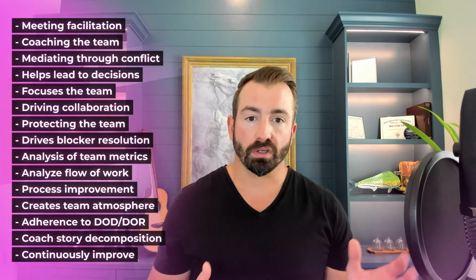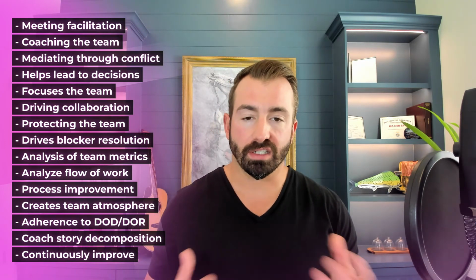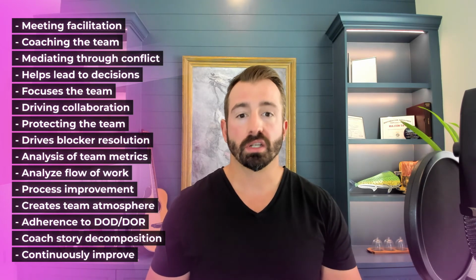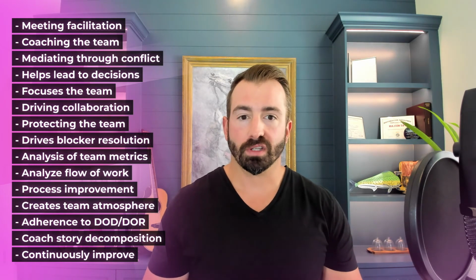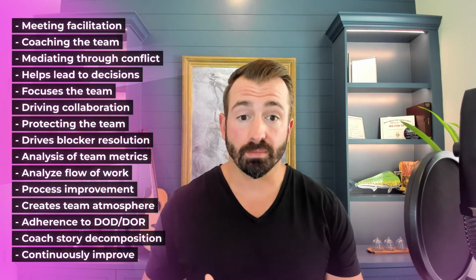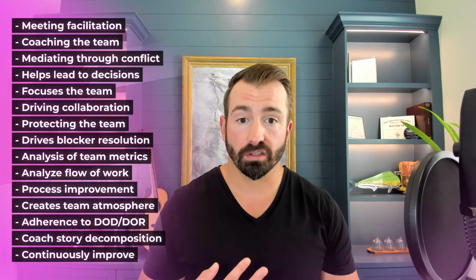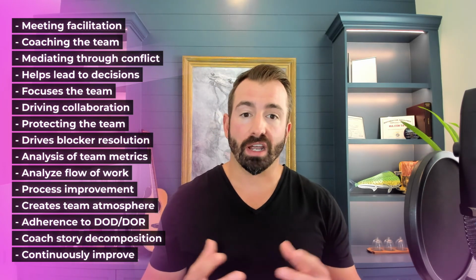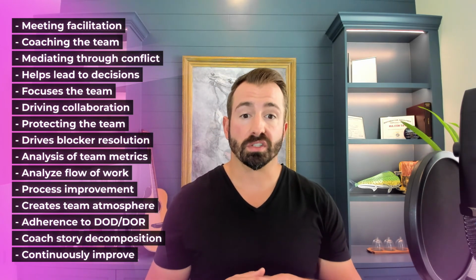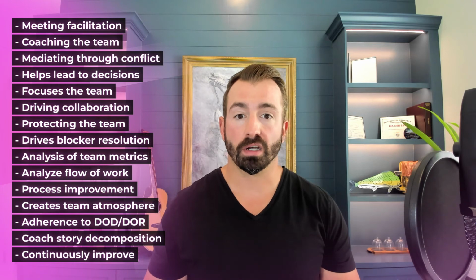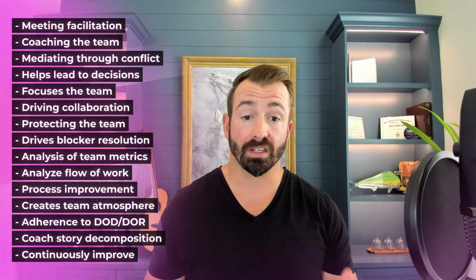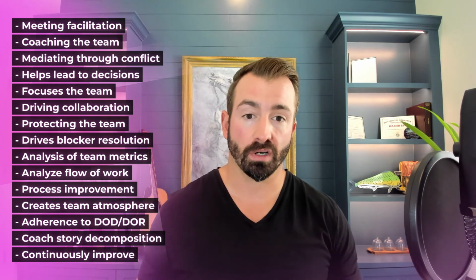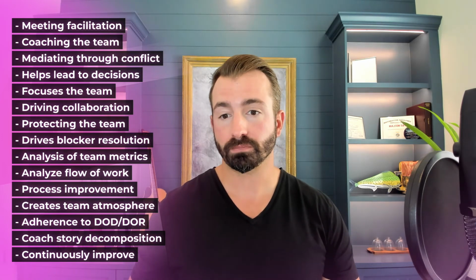Create a team atmosphere. A week ago we talked about creating a team and just being part of a team that truly gels. Well, you need the right atmosphere to do that. You need to have a trusting culture. You need to have teammates that are willing to call each other out, to have the hard conversations, and to communicate. A Scrum Master, if you don't have that, will be part of the reason why you are not able to develop a team that really gels, and it's all part of the atmosphere and making people feel comfortable to perform.